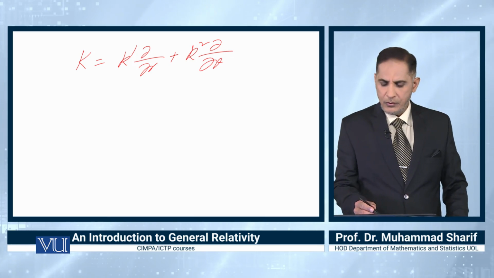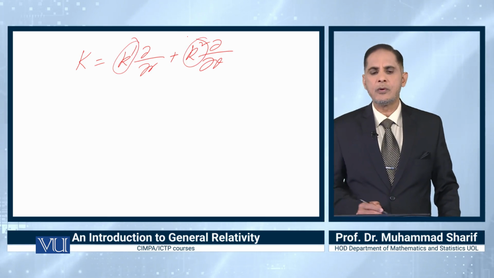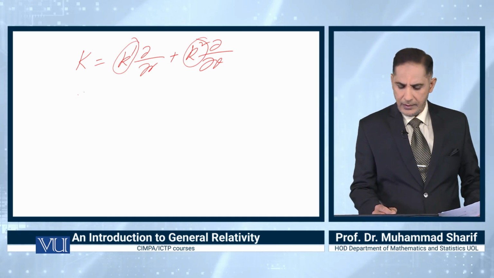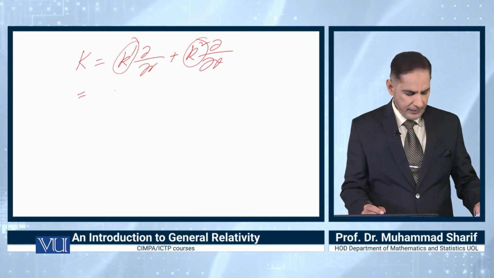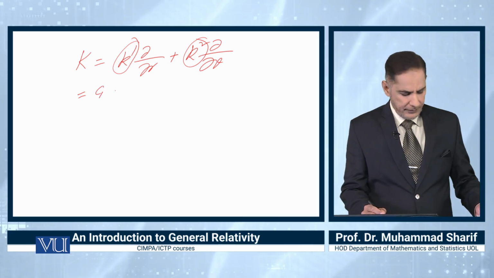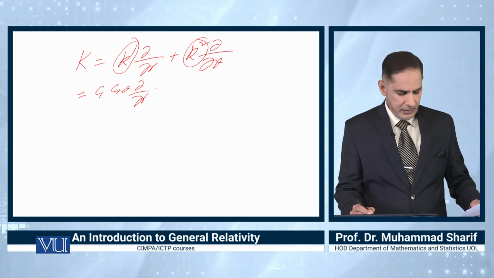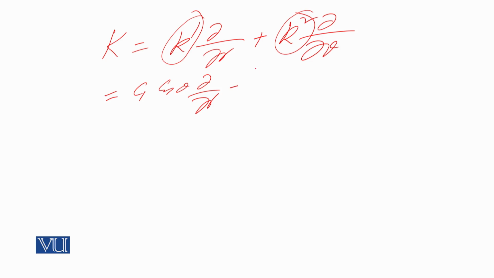We have already found k1 and k2. So inserting the values of k1 and k2, then you can have c1 cos theta partial by partial r minus 1 over